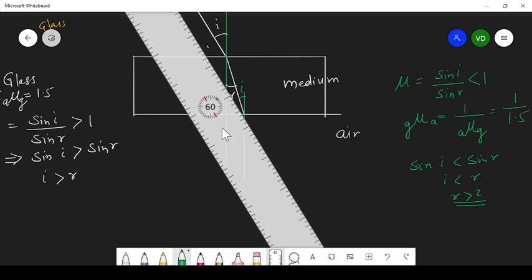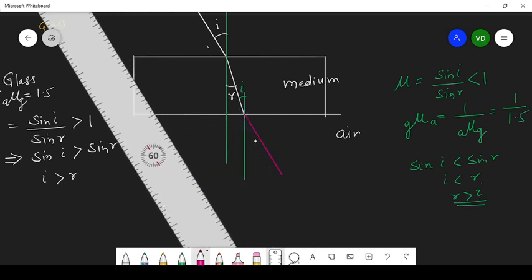Let me draw again with a different color so that you can understand. This is a refracted ray, and now the angle is more. So this is R. This is I and R. This is one pair and this is another pair. Don't get confused. Or we can write this as I1 R1, and this is say I2 R2. So R1 and R2 are different. So this R2 corresponds to this. R is more than I.